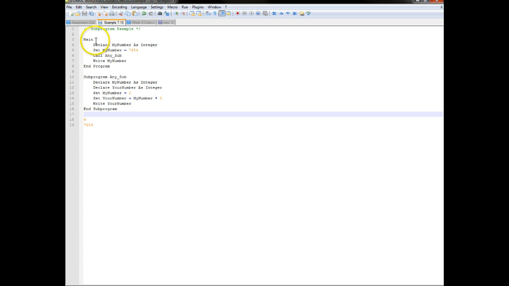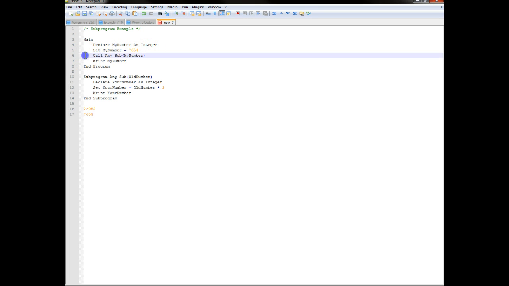Okay, so let's take a look at how we can manipulate those variable values between programs. So we'll take what we had as our original program and use that here. So again, we are declaring a variable as an integer called my number, and that grabs a piece of memory and defines that as an integer data type. There's no value in there at this point. It's just defining that as an integer data type. So we set that location or that variable contents to 7654,